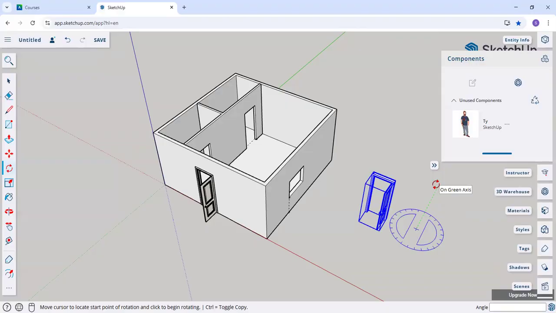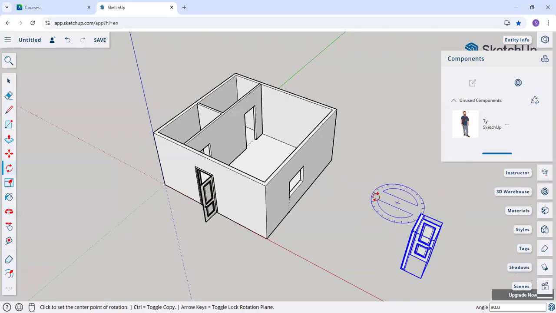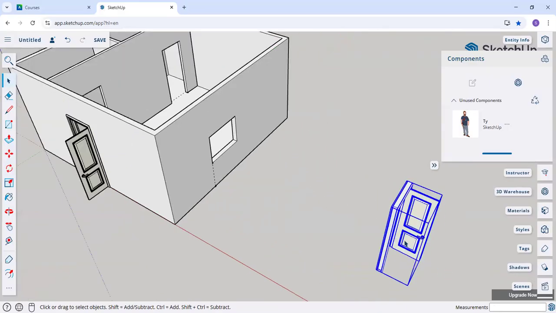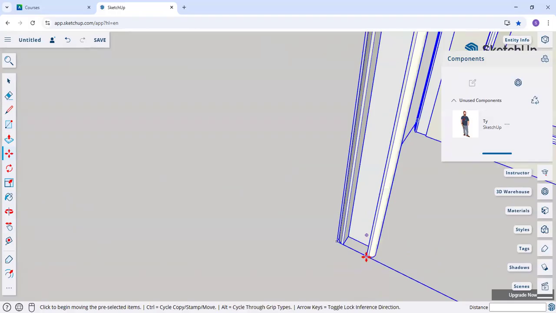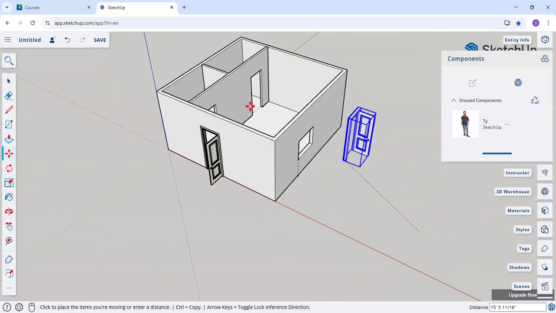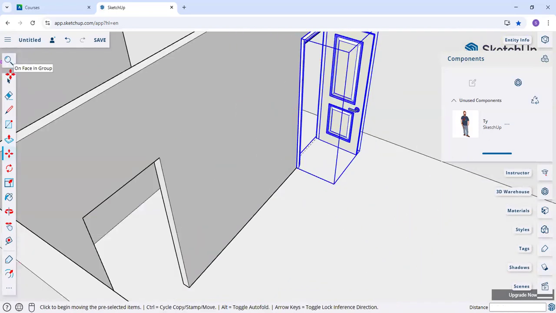So I want it to rotate to the other side. I click again when I see the green. So then I do that. Right now I rotate it. We'll choose the next tool